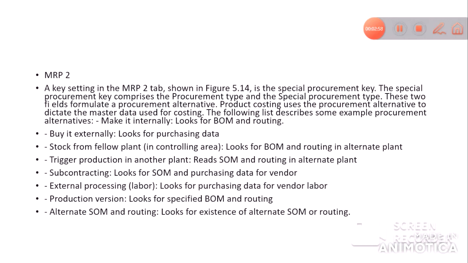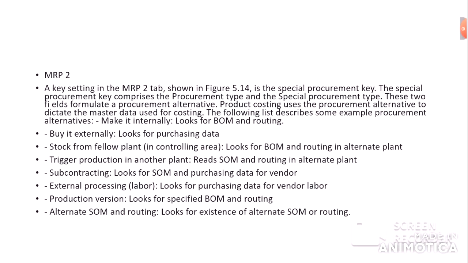The special procurement key comprises the procurement type and special procurement type. These two fields formulate a procurement alternative. Product costing uses the procurement alternative to dictate the master data used for costing. The following list describes some example procurement alternatives.